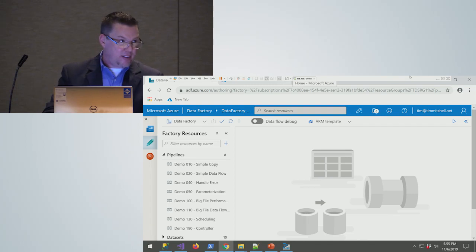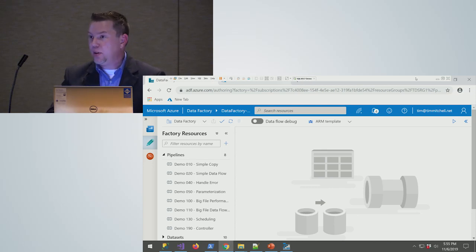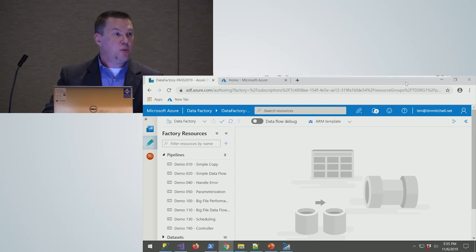I would have expected that these things would only run well in IE, but they actually run well in Chrome as well. Firefox, I do like Firefox as my browser, but I found that there are a few quirks in the ADF or in the portal in general when using Firefox. Again, Chrome is not my favorite, but it does seem to work fairly well. It's certainly easier than using Internet Explorer.